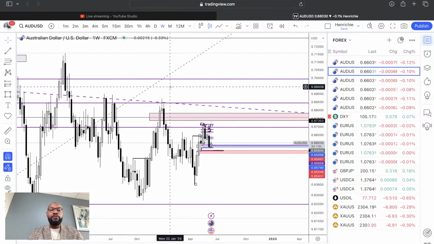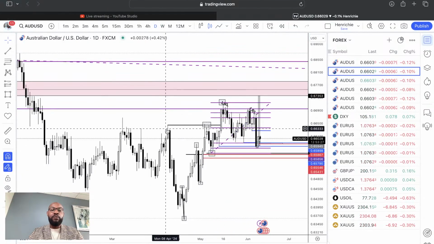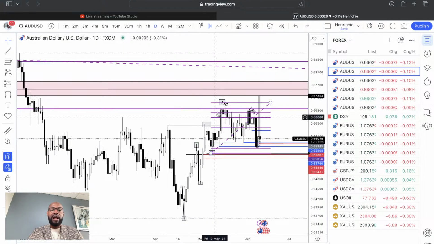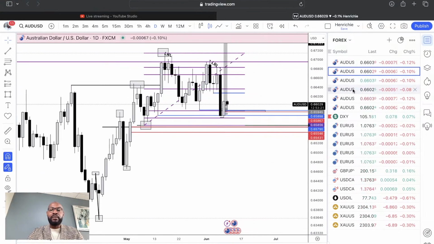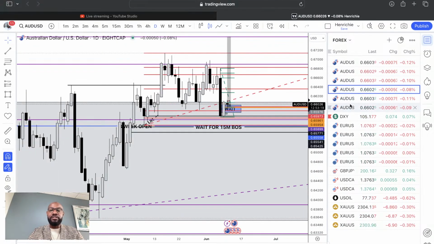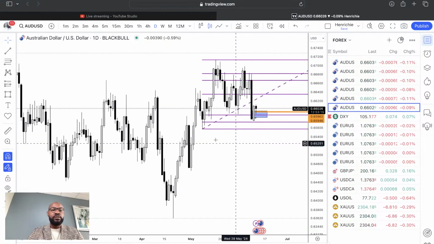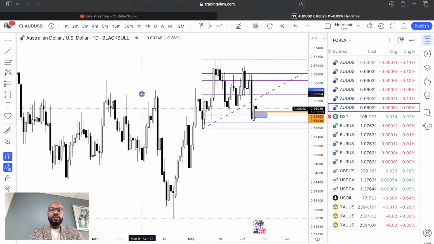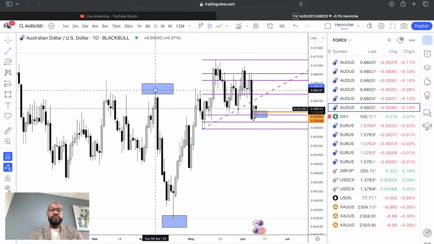So personally, if we start to scale down to the daily time frame, we can see clearly we'll have a high, we'll have a low, we'll have a significant break of structure right here. So what I'm anticipating to see, I'm going to use a clear chart so we can see this much clearer. So what I'm anticipating to see right here, so we have this high and we have this low, and this right here is a break of structure.